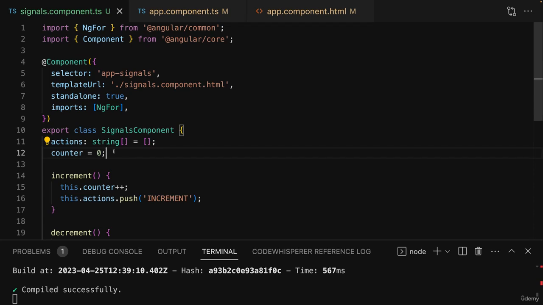And that's, by the way, also a great advantage of this new signals feature. You can start using it step by step. You don't have to migrate your entire app and all your data in one step to signals. Instead, you can add small pieces here and there and migrate parts of your application, like this counter state here,